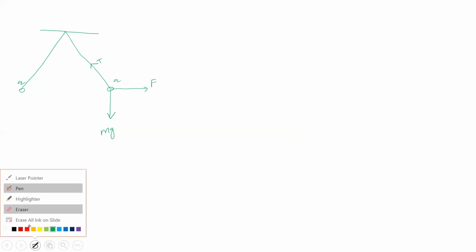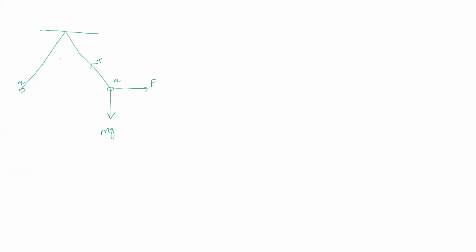Listen here. Here two strings are given, suspended from the common point, like this we have to take. Here charge q is there, and here charge also q we assume. Now here mg force is acting, here mg force is acting. Here electrostatic force will be acting. Here tension force will be acting like this. Now this string makes a certain angle with vertical, we assume. This string makes angle theta with vertical, like that we take.